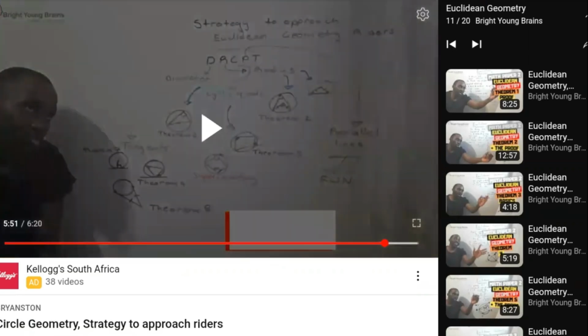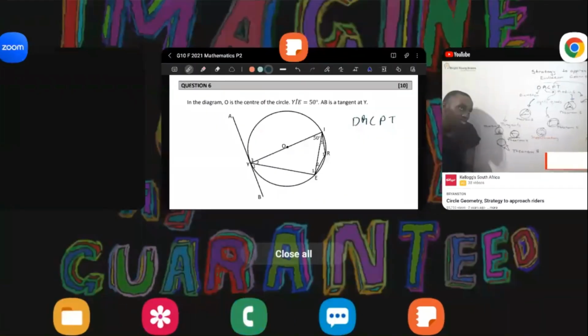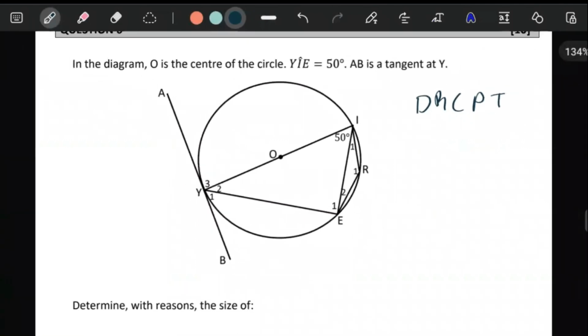So as you can see here, this is the essence of DRCPT: diameter, radius, cyclic quads, parallel lines and tangents, because you basically have theorems for each of those things. In our case here, in the diagram, O is the center. So we have a center, meaning we already have a diameter visually. The moment we have a diameter, this is 90 degrees. And then the moment you have a diameter, let's see, the other thing they said is